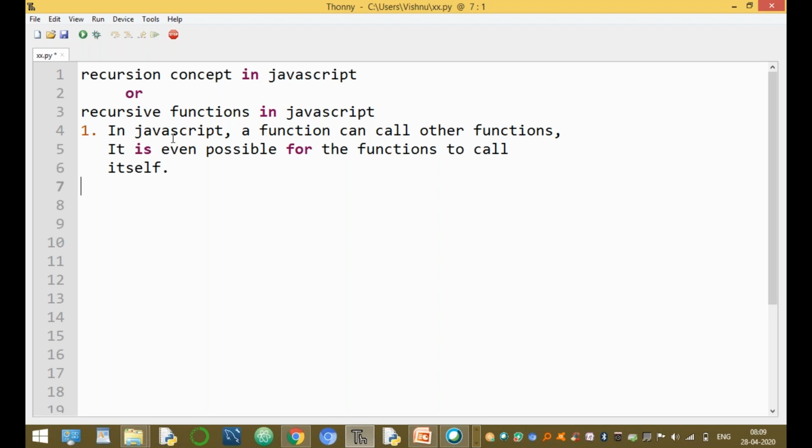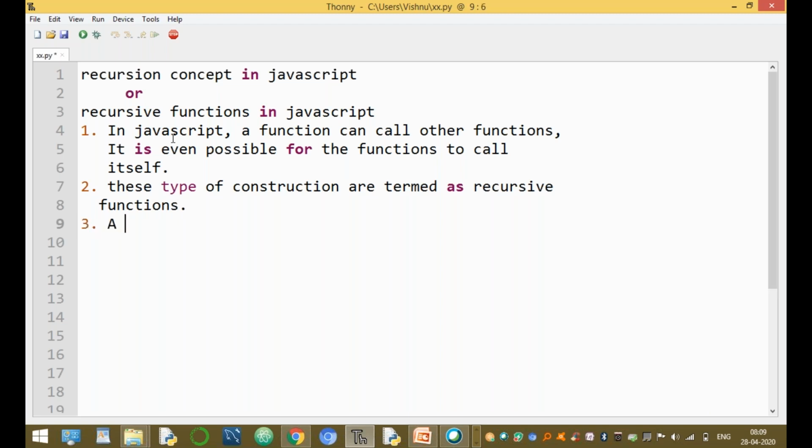This type of construction is termed a recursive function. These types of functions are called recursive functions. Okay, guys, up to here clear?